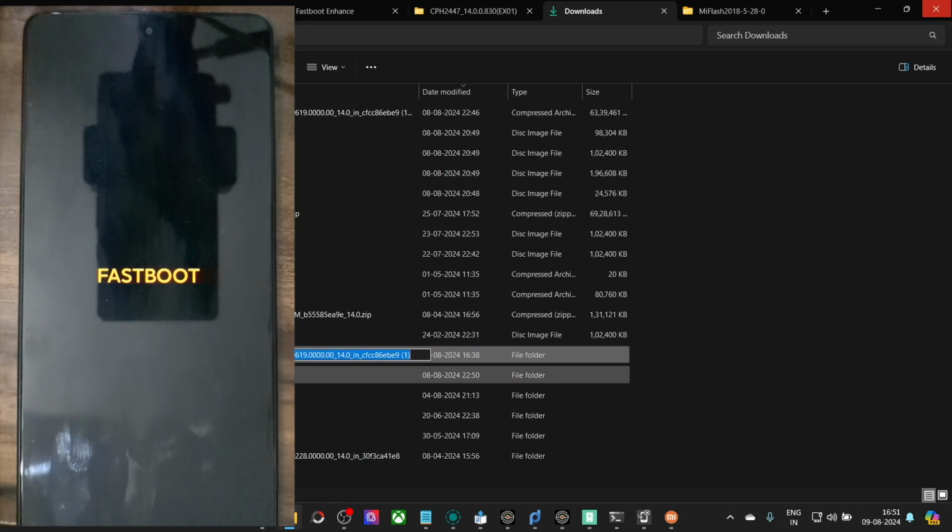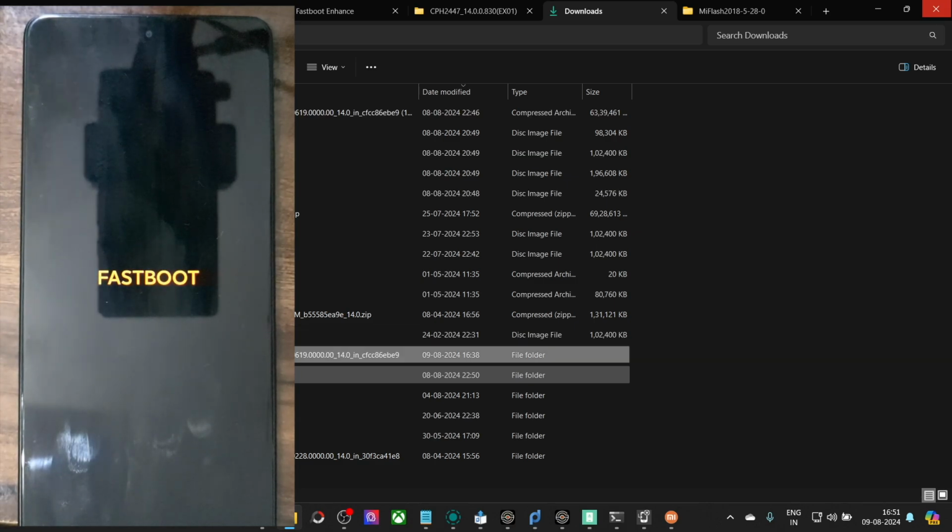So let me rename the ROM files, and I could either remove the 1 at the end or simply add a 1 after an underscore. You could carry out any of these tasks, any of these will do. Just make sure there is no space whatsoever in the naming scheme of the ROM. Once that is done, you could now easily flash the ROM.